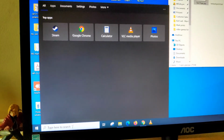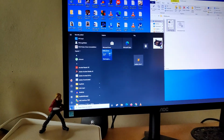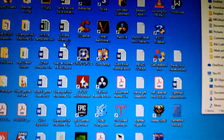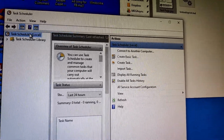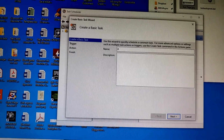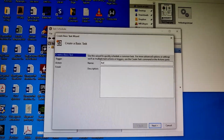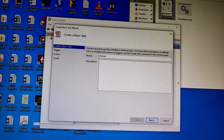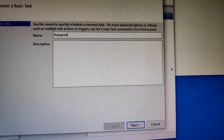Alright, so now you click in your search bar again. If you don't have a search bar, just click on the start and you start typing. You type task and you should get task scheduler coming up. You click it, wait till it comes up, you choose action, create basic task, wait till it loads, you type in whatever name you want. I recommend putting Autoprint since it is A and it goes in alphabetical order. Autoprint. Right, then you click next,